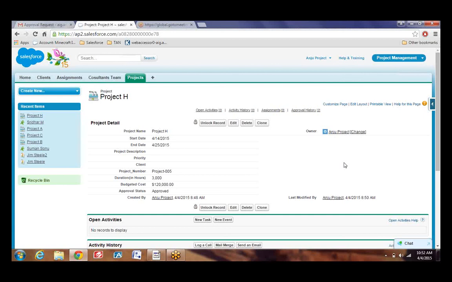But approval process is a little less common because every company does not have a requirement of an approval. Approvals depend on the clients. The client may have a requirement of doing an approval or not, but it's not something which can be used on every project or every app. But validations, formulas, workflows, they are used almost for every app, right?